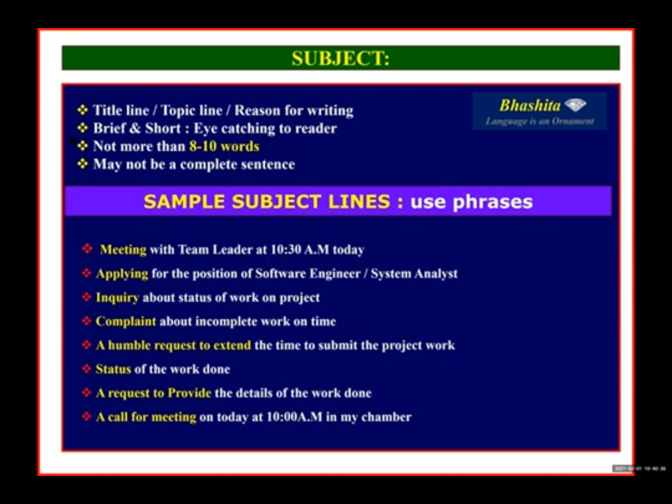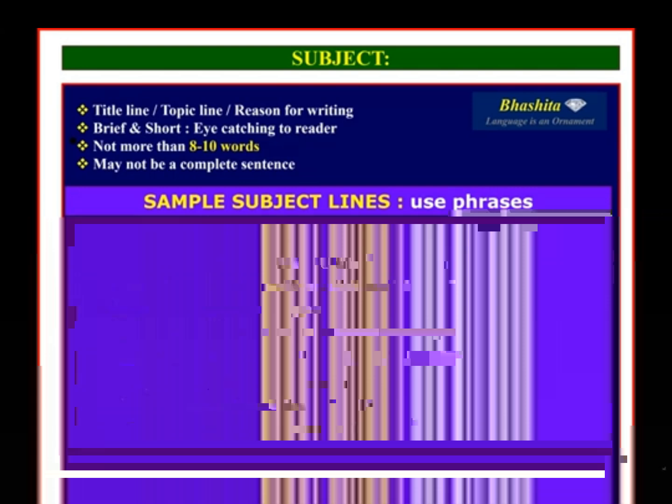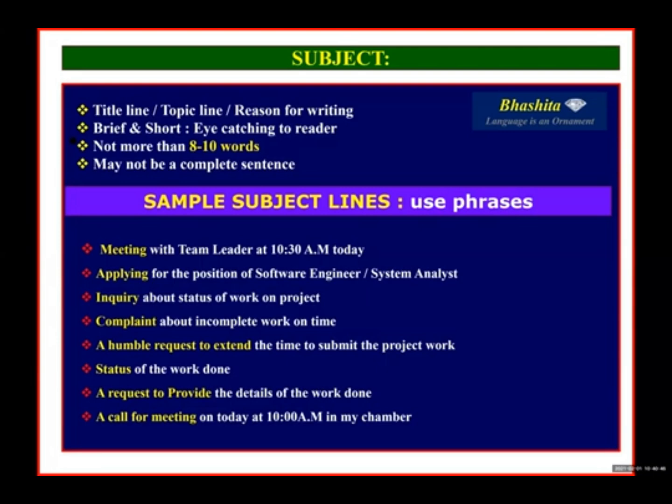Subject line is very, very important while you are composing the mail. So whatever the guidelines I have given to draft a subject line, follow these guidelines while you are drafting the subject line. It must be very short and brief, which consists of a maximum of 8 to 10 words. The subject line must highlight the purpose of drafting the email. Generally, the subject line is going to start with the keyword. Okay. Next one,